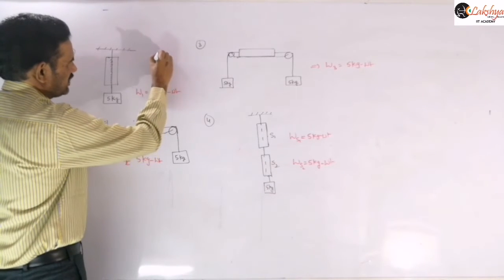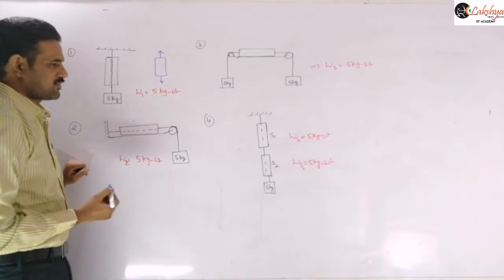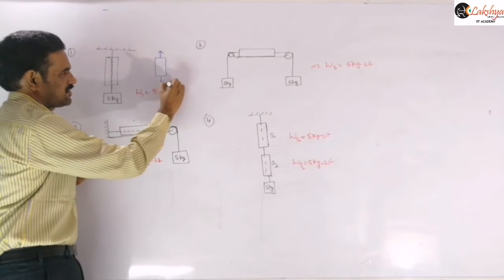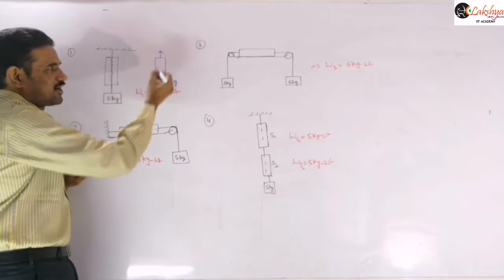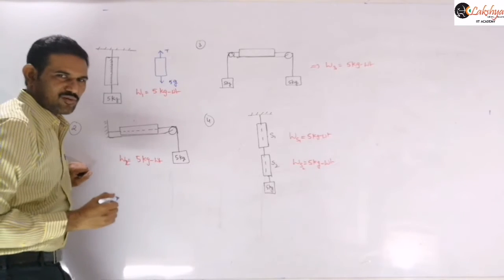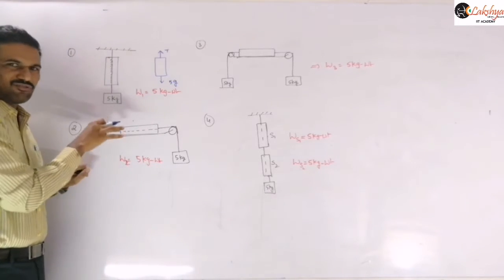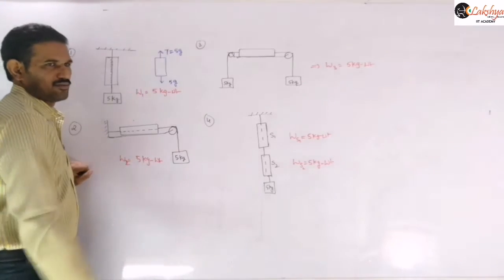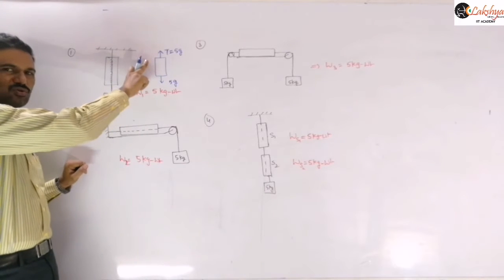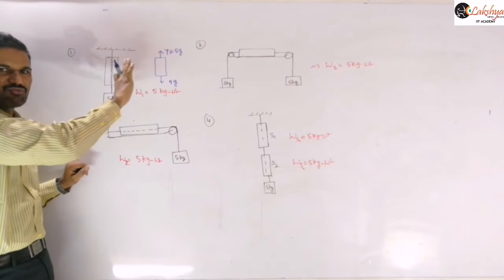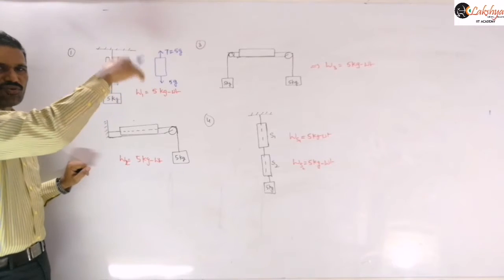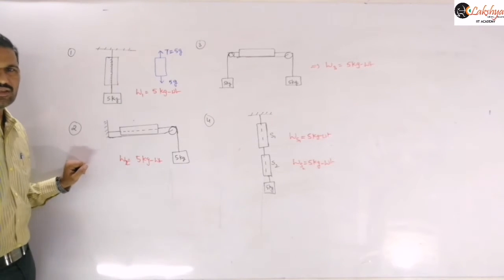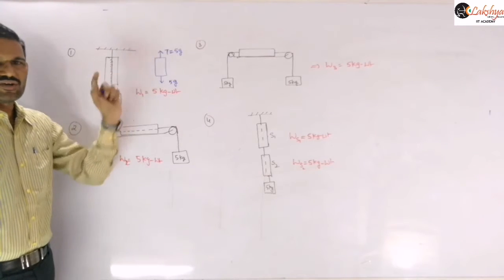So some force will be there in the upward direction on the spring balance. That force is nothing but 5g, because 5 kg is suspended here, and that 5g is acting in the downward direction. Some force will be there at the top end as well. As the spring balance is in equilibrium, that force should also be equal to 5g only. The upward force and downward force should be the same, so 5g will be there at the top and bottom.